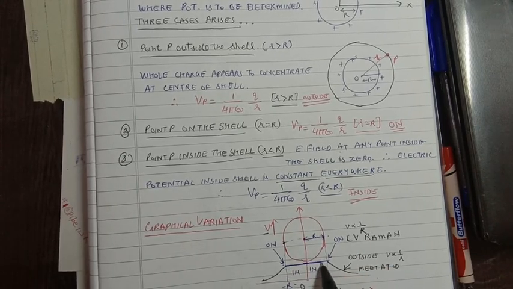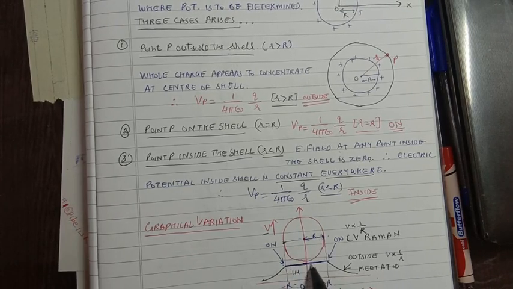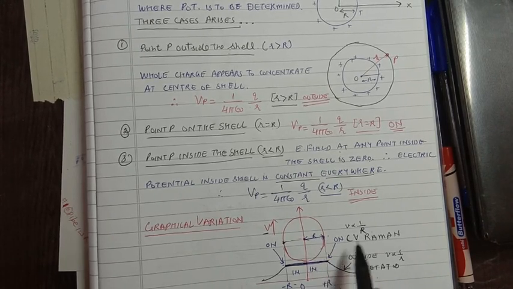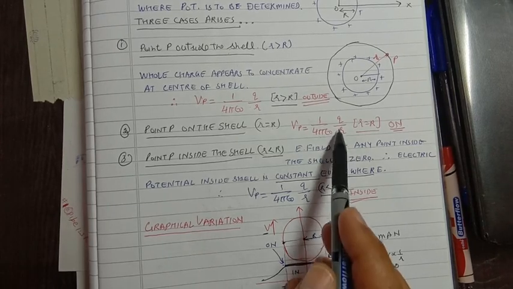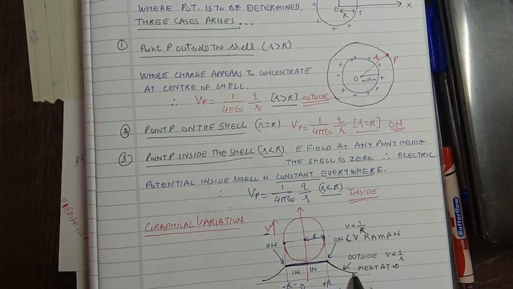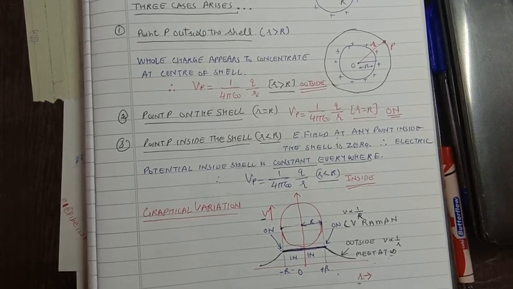As long as we are inside the shell, from one diametric end to the other, the value of the electric potential remains constant, and it is also maximum, the same as the potential on the surface of the shell. As we move out immediately, due to the 1 by r dependence, potential starts decreasing and it is going to get to 0. So the curve will meet the x-axis only at infinity. So this is the variation of the electric potential with the distance.